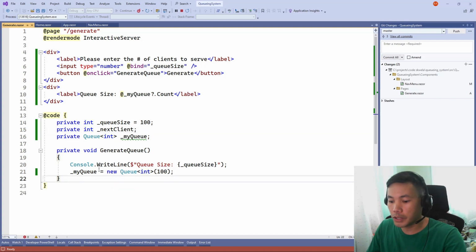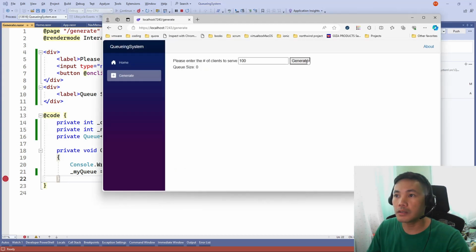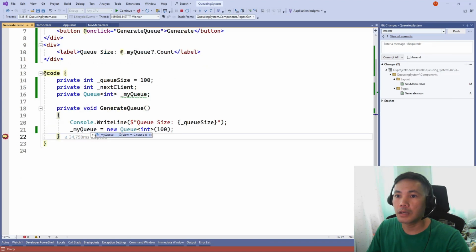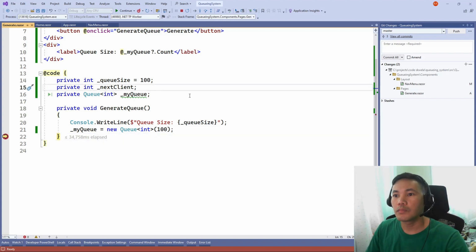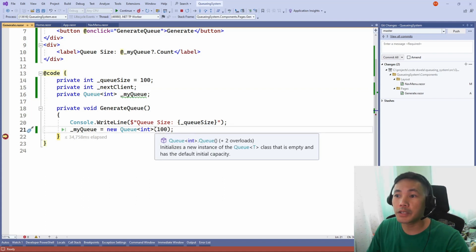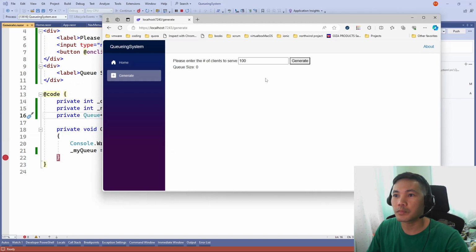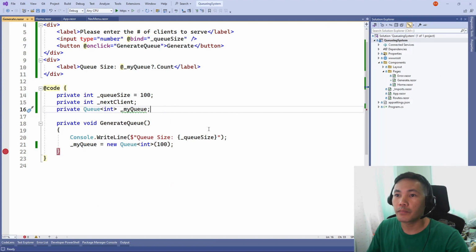So let's double check. Let's generate, and my queue now has, I see. We haven't placed anything in it yet. We just initialize how much size or capacity the queue would take up, right? So I guess that's fine. And since it's still 0, okay, that's fine. So let's just move on to the